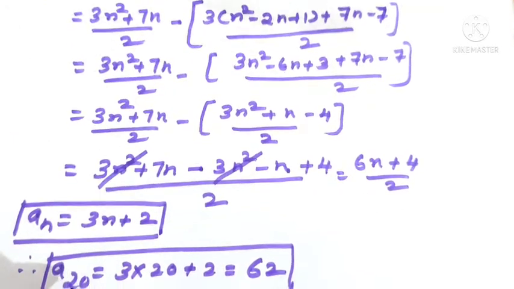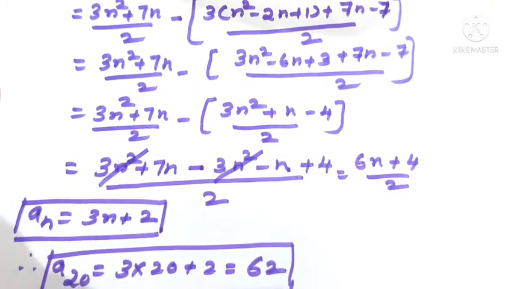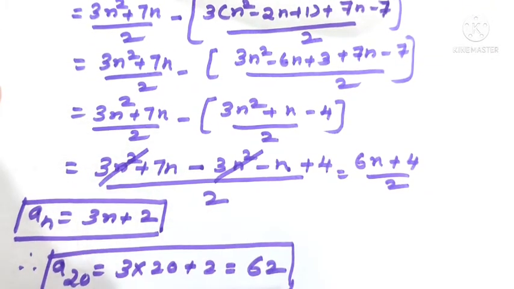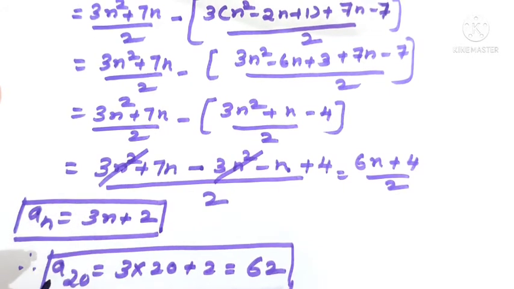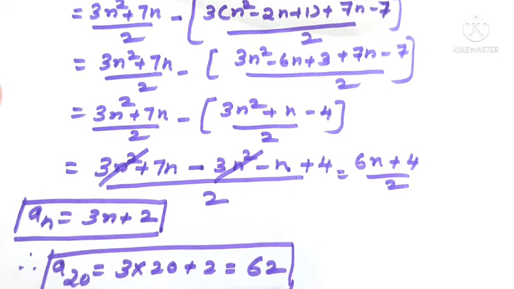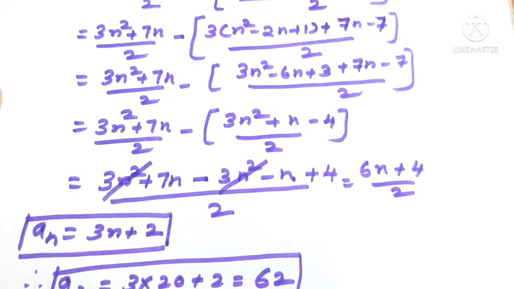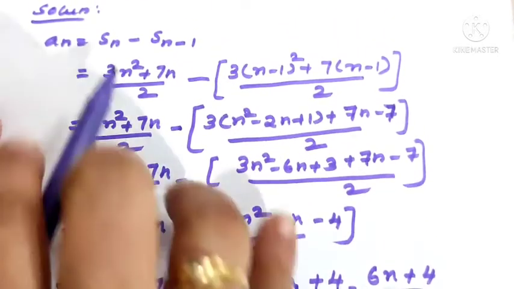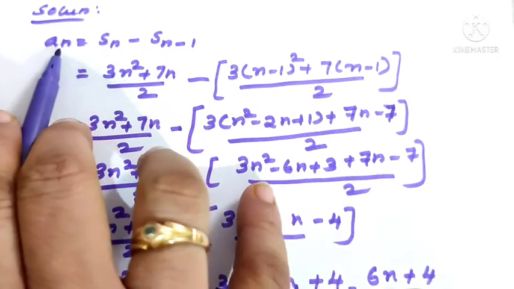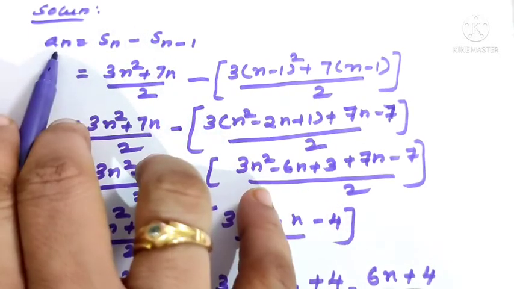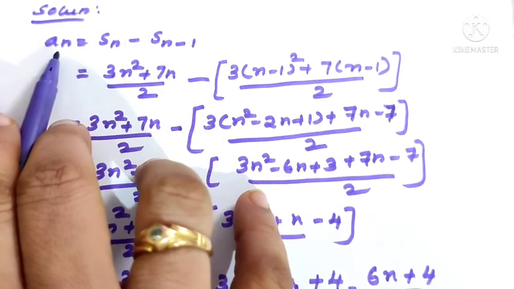Why we are calculating the general term is that sometimes sub questions will be there. In this case, only the 20th term is asked. Sometimes 20th term, 25th terms will be asked. So once you calculate the nth term, you can change n by the given value. I have also given one more sum of a similar pattern. Practice this question and then learn this as a formula. An equal to Sn minus Sn minus 1. That is, in terms of sum we are calculating the nth term of an AP.